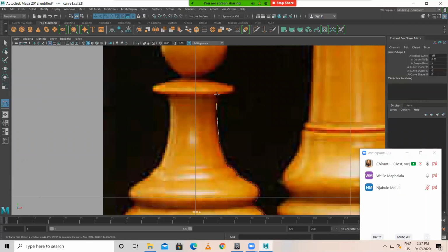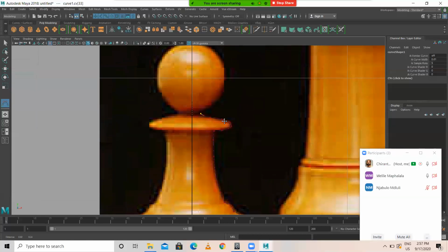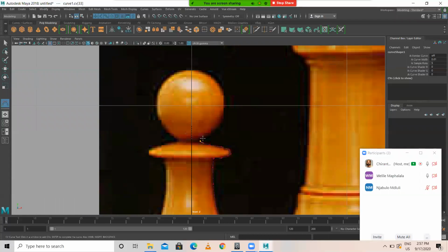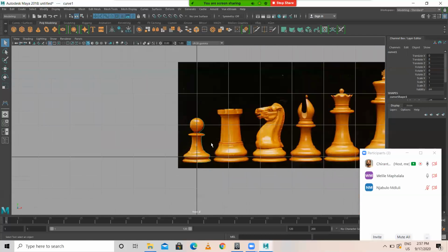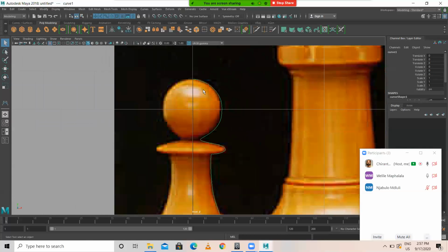The more you zoom in and create, the curve detail will be more like this. After this, enter. Only half you have to create. Only half the curve you have to create, not completely.